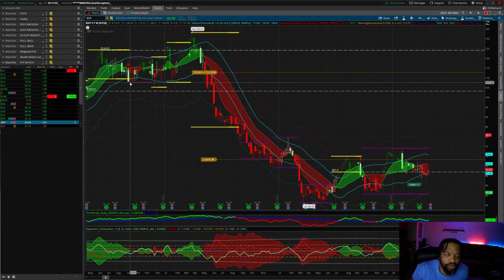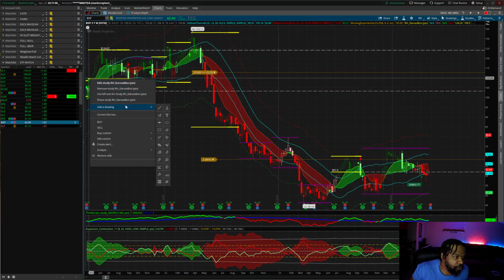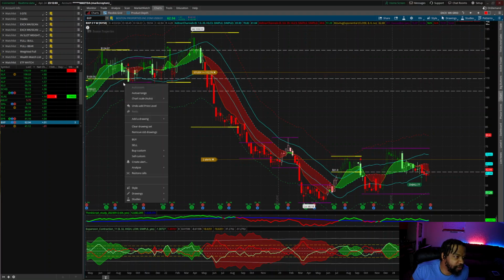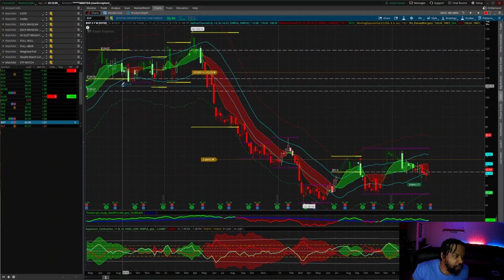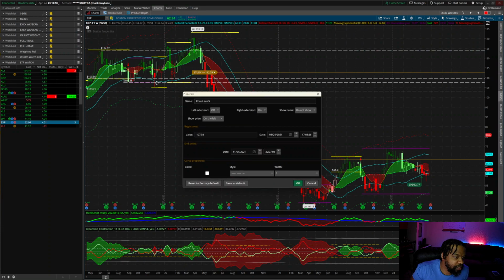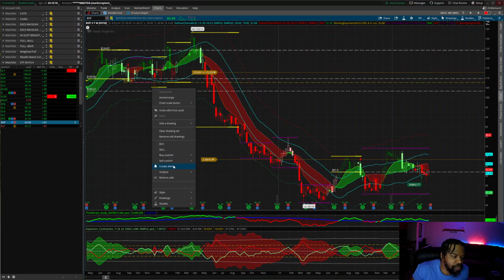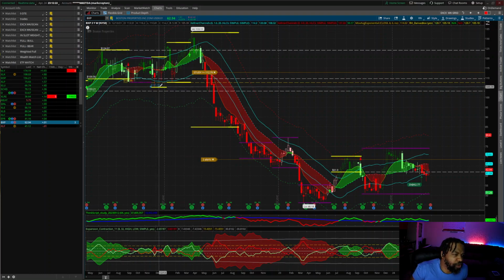So what I like to do is put the rotational level where it touched multiple times, but the outliers, I'll have those in yellow. The outliers are there just so I know, heads up, this is a level that price has respected. It's not necessarily a level that it respects a lot, maybe one or two times, but it did reverse and get tested there. Okay, really important to notice,